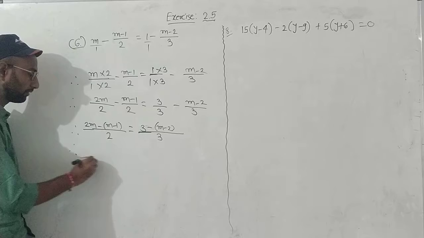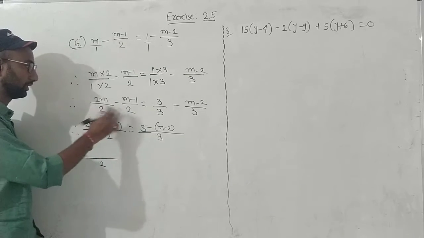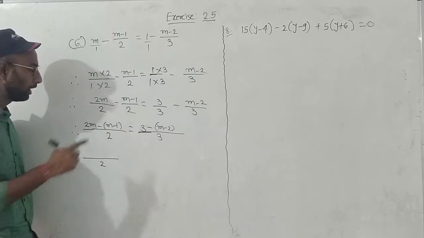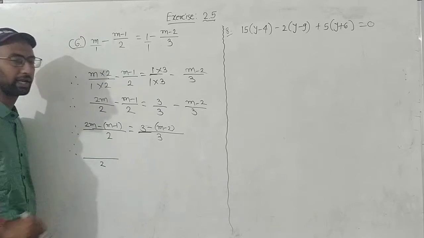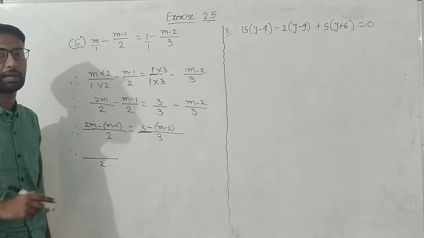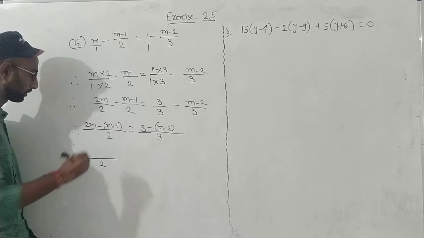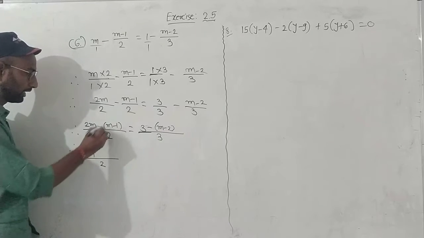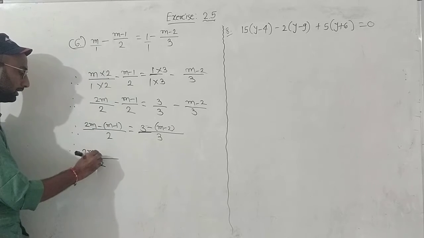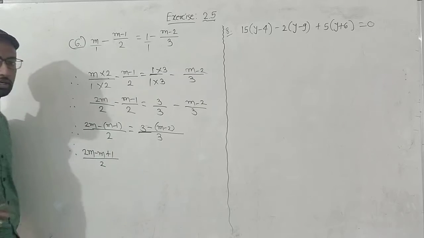See, whenever there is a minus sign between these two values, you always have to do minus sign and then do bracket. Why? Because when you remove the bracket, you need to change the sign. आपको sign change करने की जरूरत है, इसीलिए आपको ये bracket रखना भी जरूरी है. तो आप क्या करोगे? 2m as it is and now sign will be changed. m अभी कैसा है? प्लस है, so it will be minus and ये -1 कैसा बन जाएगा? +1. जब हम ब्रैकेट रिमूव करेंगे तब